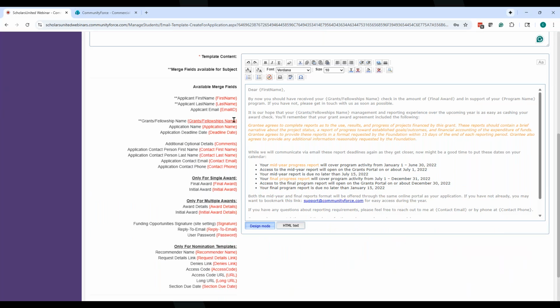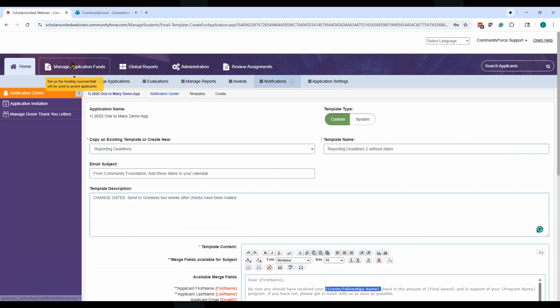If you have a one-to-many application process, and you're talking about awards, you wouldn't use the grant and fellowship name based off of the application. You would be using your awarding fields down here, which would actually include the name of the award also. If it's a one-to-one application, then if you use the grant fellowship name, it's going to be the one tied to it. And the reason I talk about that is when we're talking about the grant fellowship name,